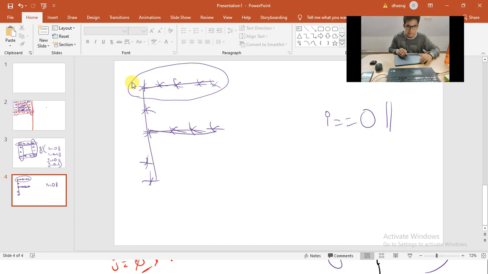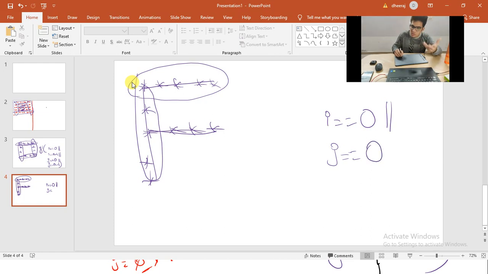Okay. Then I want to draw this line, right? Is this a row or a column? It is a column. Column means which variable? J. J is equal to, is it the first column or the last column? First column. J is also equal to 0, OR operator. Now I know most of you are thinking, what to do here, sir?